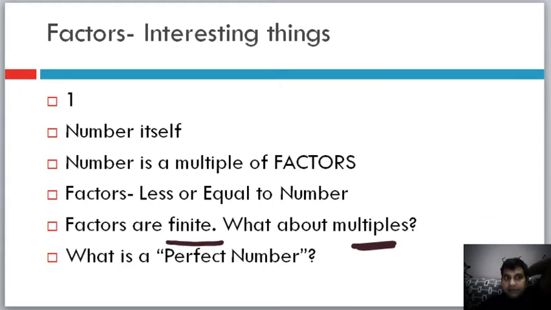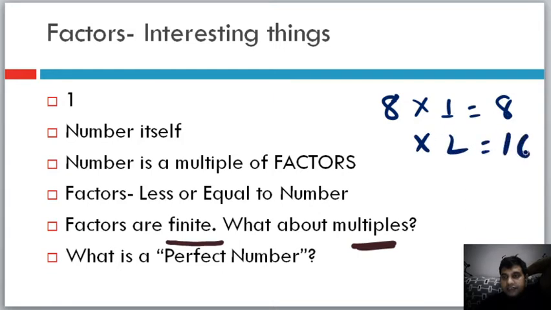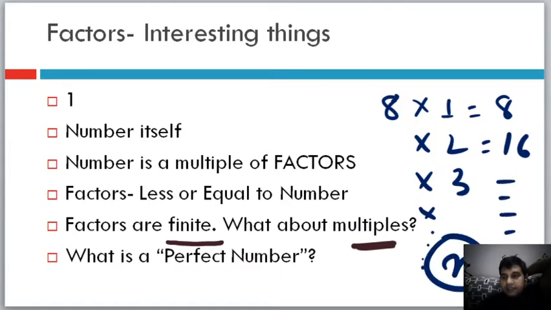Why? Because what was the definition of multiples? We said that a multiple is basically a number. Let's say that number is 8, and then we keep multiplying it, and we keep getting new numbers. So here 1, 2, 3, we can go up to n, where n is infinity, and this is an infinite series, it will continue to go on.